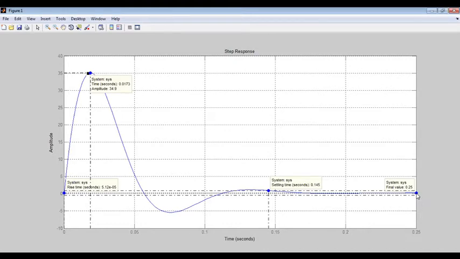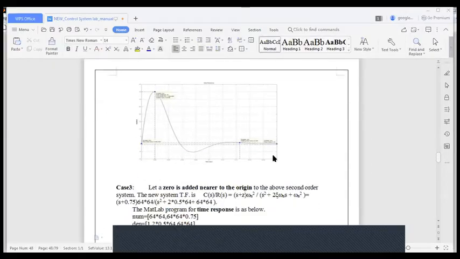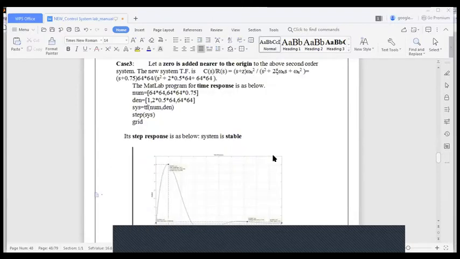Now in the next case, like you have seen earlier, when you add a 0 little away from the origin. The next in further cases, we will add the zeros little away from the origin. Now next case, we will add a 0 nearer to the origin. See, in the earlier case, we had added at s equal to minus 0.25. Now we are adding at s equal to minus 0.75. When you add a 0, it has to be reflected in the numerator of the transfer function.